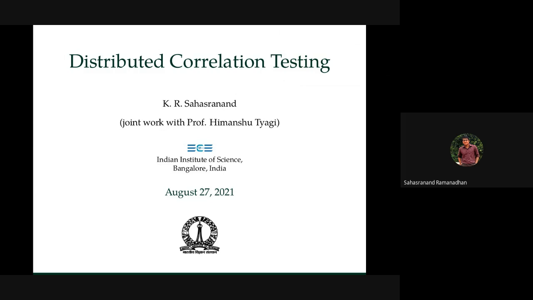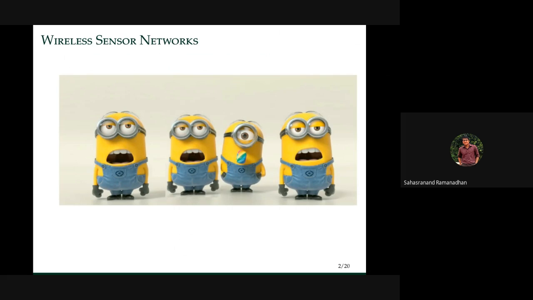But one can as well think of many practical settings in which this arises as a canonical problem, such as the Internet of Things, or say consider a wireless sensor network, where there are a few sensor nodes deployed in an environment, and they are supposed to collect some data about the environment. Maybe they are temperature sensors, or maybe they are moisture sensors. Since they are deployed in the same environment, and they are close to each other and monitoring the same phenomenon, we expect that the numbers that they report have got something to do with each other.